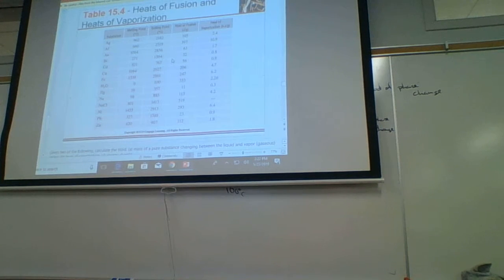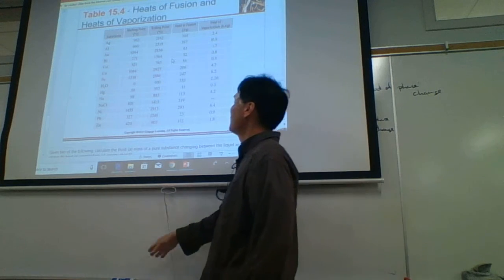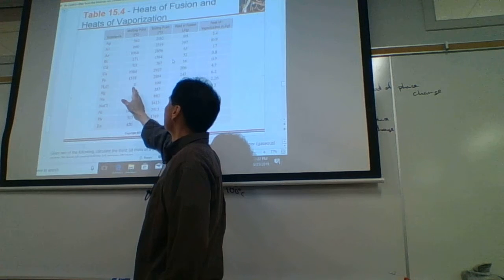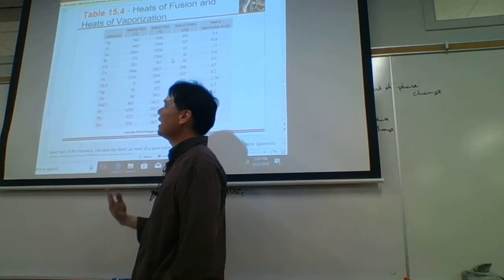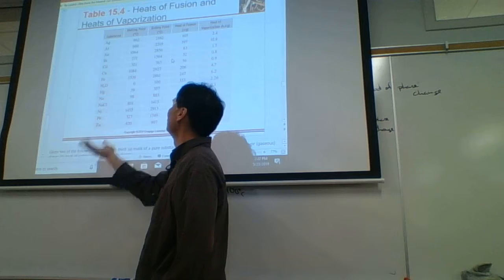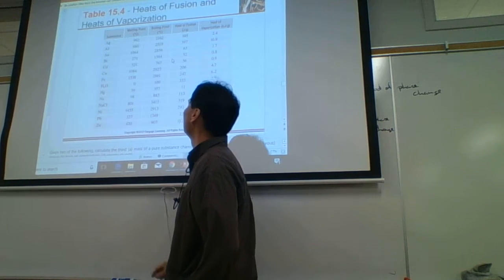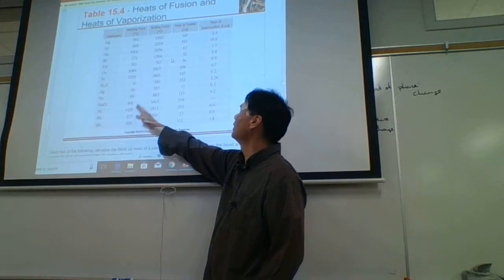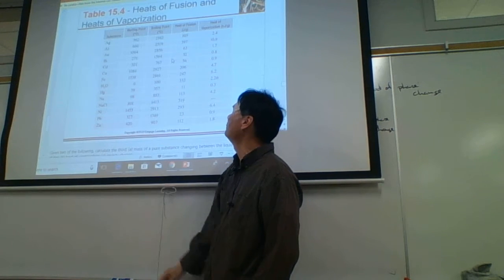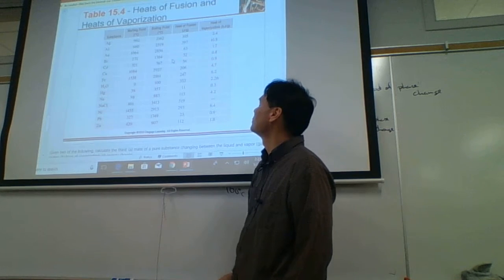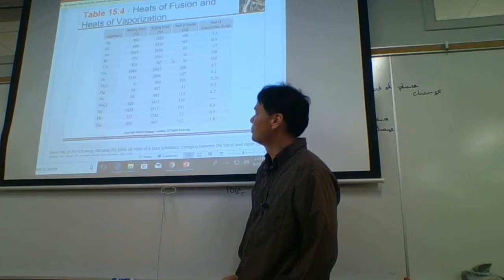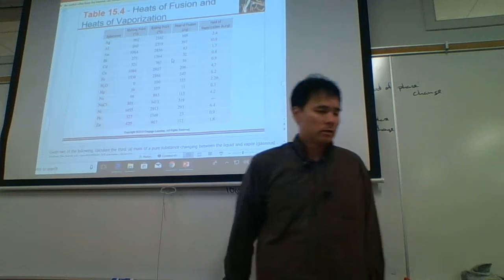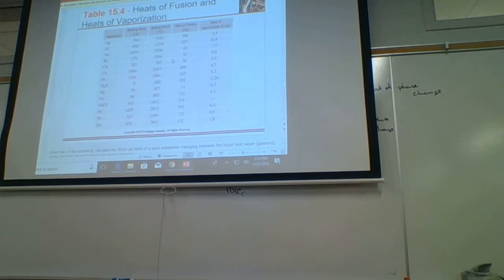So whether it warms up or cools down or melts or vaporizes depends on where it is in the temperature range. If it's below the melting point, then when we add heat or remove heat, it's going to warm up or cool down. If we're at the melting point, then we're going to melt or freeze. If we're between the melting point and the boiling point, then we have a liquid, and it's either going to warm up or cool down. And if we're above the boiling point, then it's going to be a gas. That can also warm up or cool down. And so we've got to see what phase, that is, what state we're in.